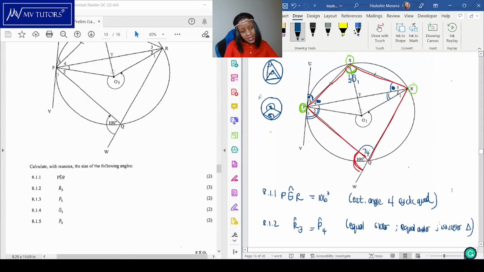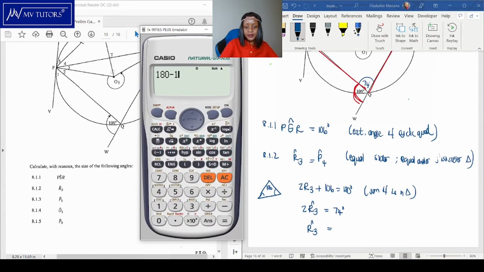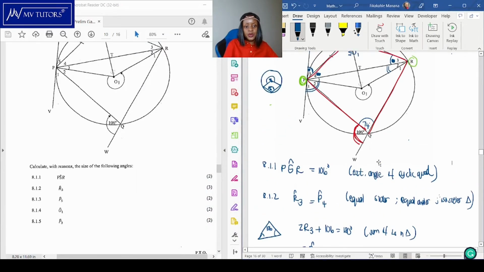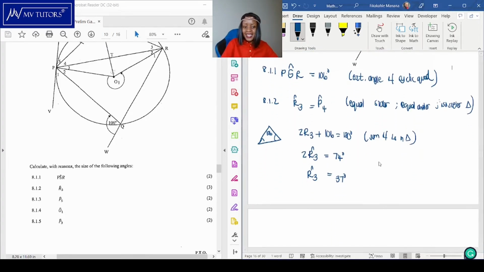Let's see, can I link it to it somehow? I can't see it, let me not waste time. So R3 is equal to 74 divided by 2, and that is 37 degrees. And that is equal to P4, if ever it is asked, right? And now we get to